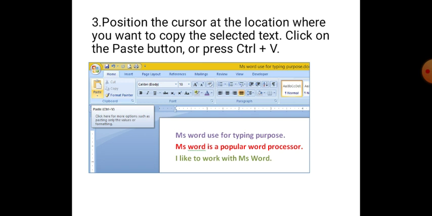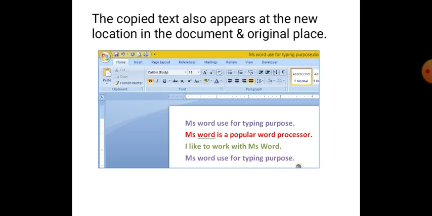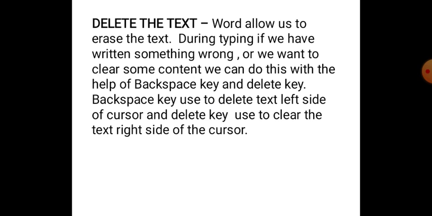And then we have to place our cursor to the new position and we will come to the paste option, and then we will use the paste option, and also you can use Ctrl plus V, that is a shortcut key. Now see children, the sentence that we have copied is coming to two locations, the original and a new location, because we have used copy command, we have not used cut command. So I hope you understand the difference between moving the text and copying the text.